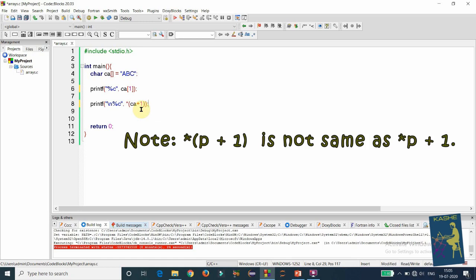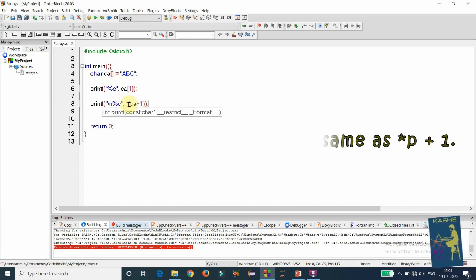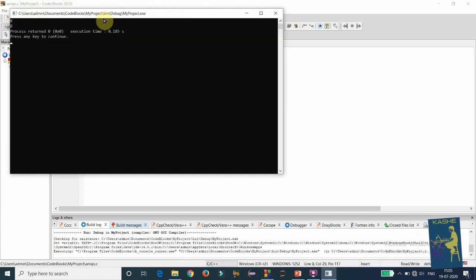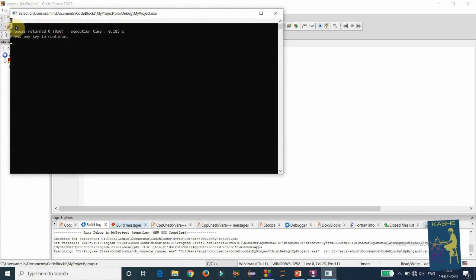Otherwise it will be treated as *CA plus 1, which should not be the case. We need to consider CA plus 1 as a pointer now. That's why we have to enclose CA plus 1 in parentheses, and use the * outside of the parentheses. If I run the program, I get B. See, both are B.